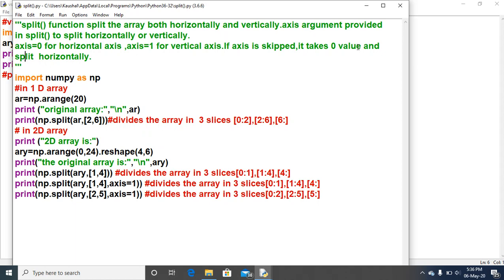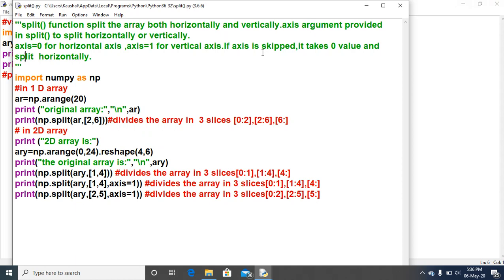If the axis argument is missing, the array elements will be split horizontally, and if the axis argument is 1, then it will be split vertically.